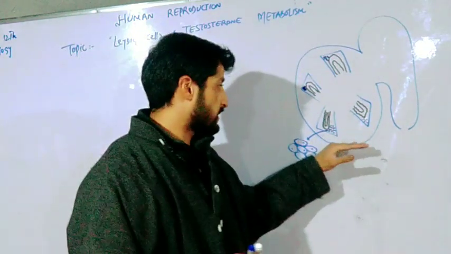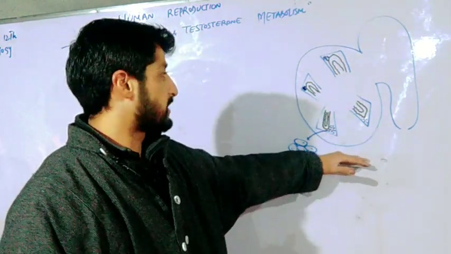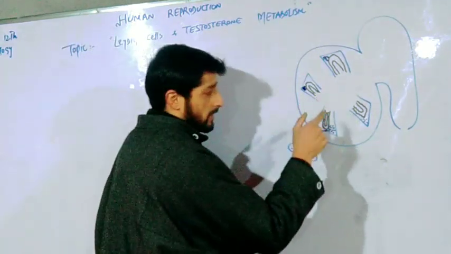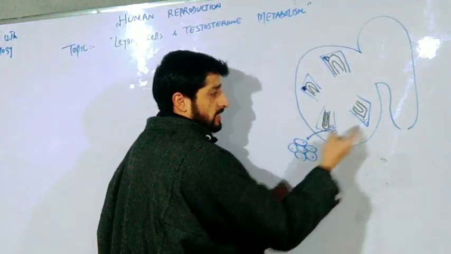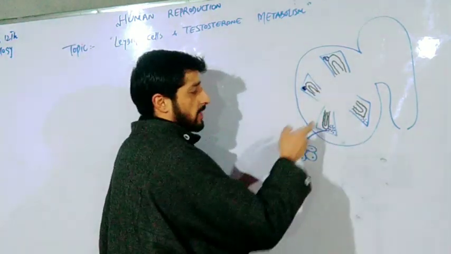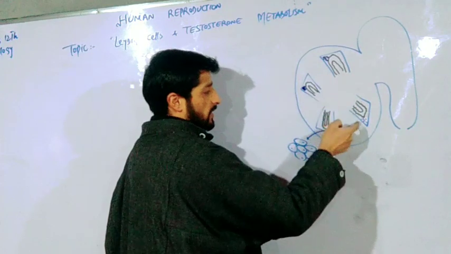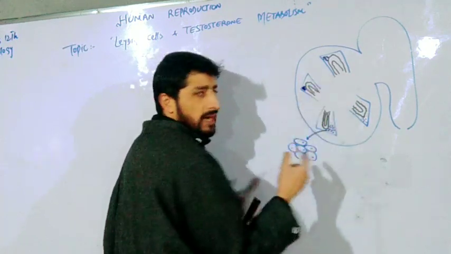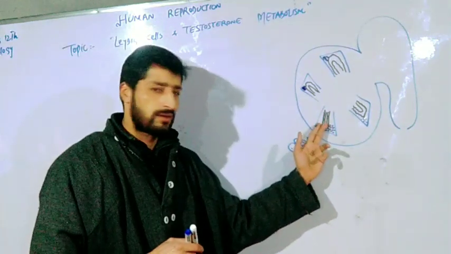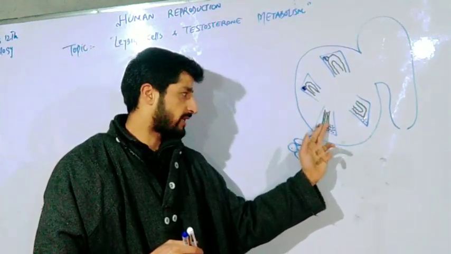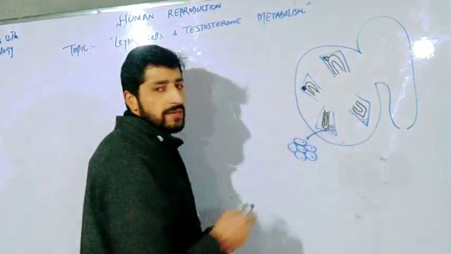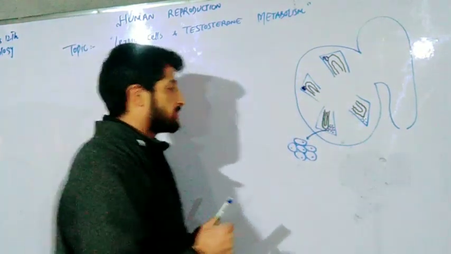Now here is the testicle that I have drawn for you. We have already studied that each testicle contains several compartments, and each compartment is called a testicular lobule. Here, 1, 2nd, 3rd, 4th, and in the testicular lobule there are present highly coiled yellowish structures. These are known as seminiferous tubules, and the wall of the seminiferous